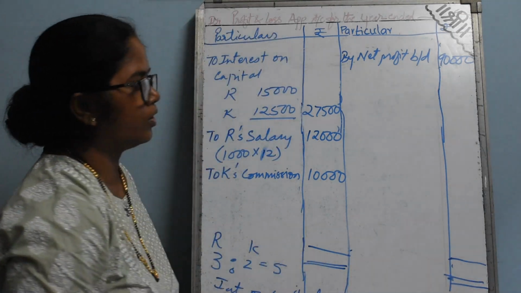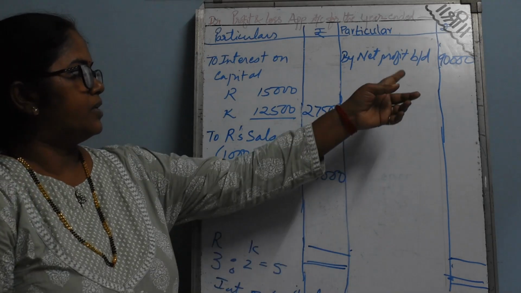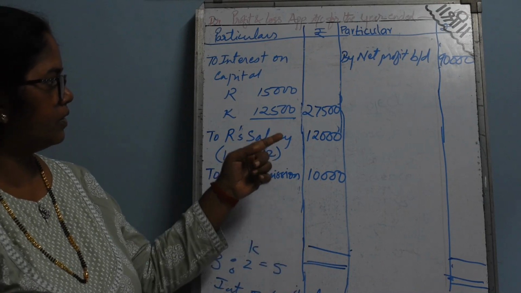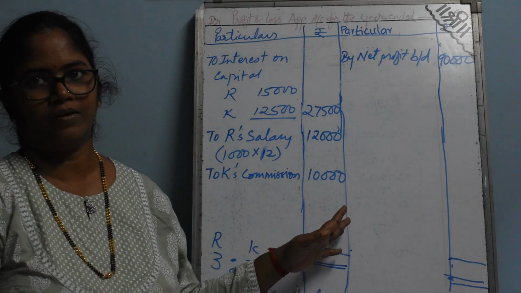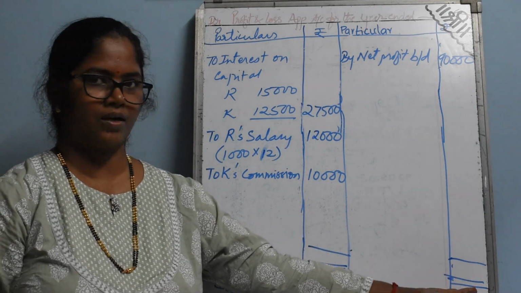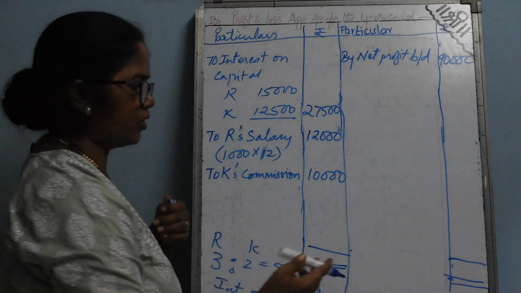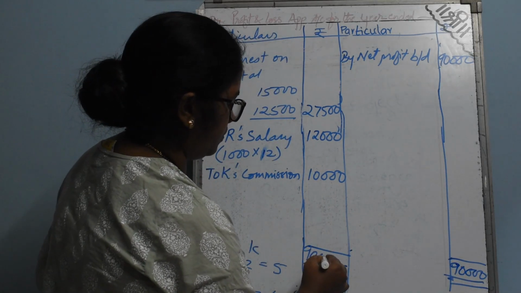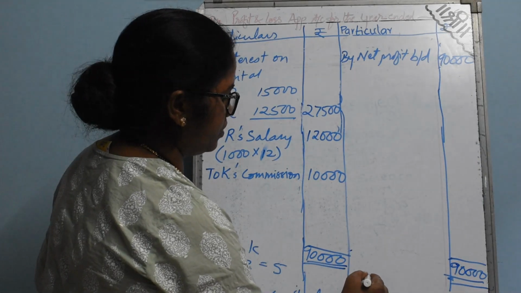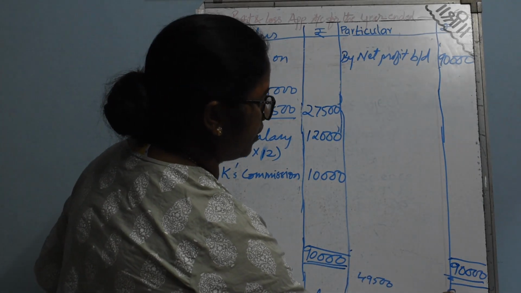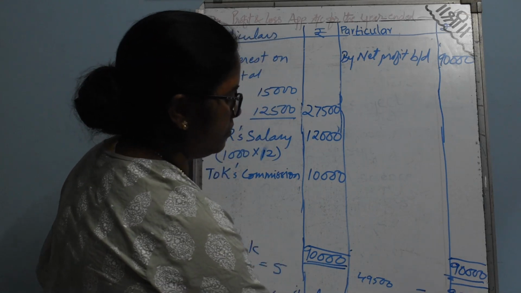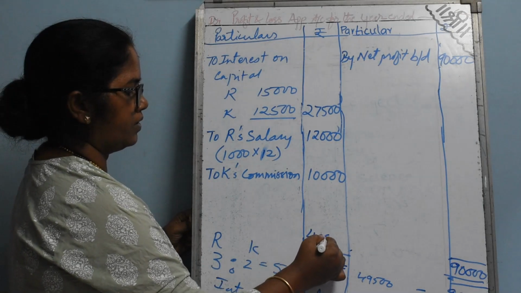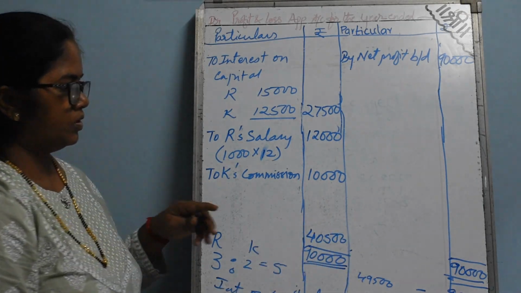Now if you total both the columns, which side is more? The credit side is 90,000 and this side it is 49,500. 20, 30, 40, 49,500. So which side is more? It is more on the credit side. So that total you write in the total column. This side it is 49,500 and that side it is 90,000. You subtract and find the difference, and the difference you write on the lesser side. It comes to 40,500. So this side is less.